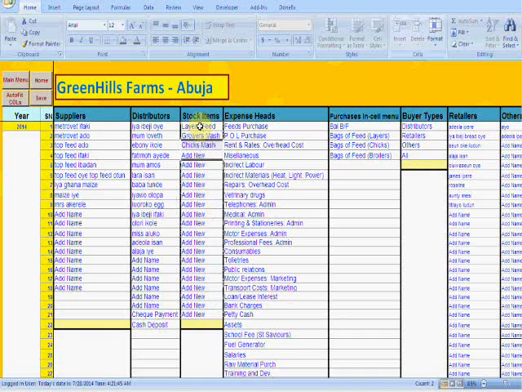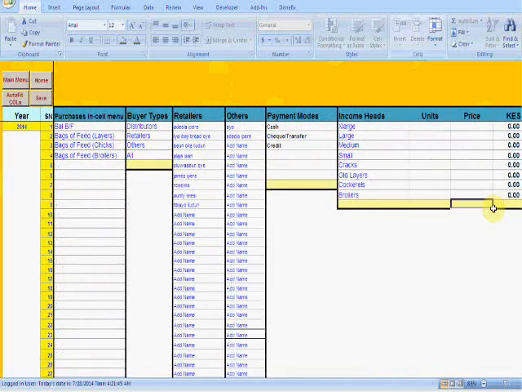I imagine your stock items, there are three stock items that are taken care of in the stock movement table I created. It was for the layers feed, growers feed, and chicks mash. The distributors, of course, you have the names of your own people, you put them in there, and as they come you add more names, there's no restriction, just put in the names you have. Now if you scroll to the right,